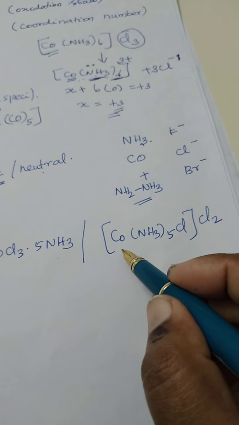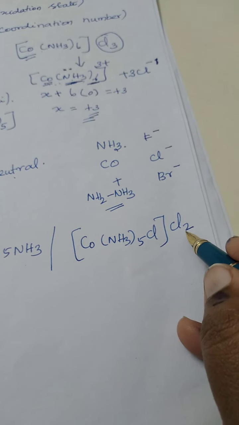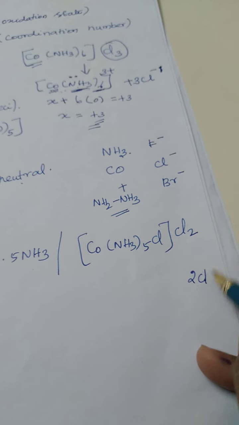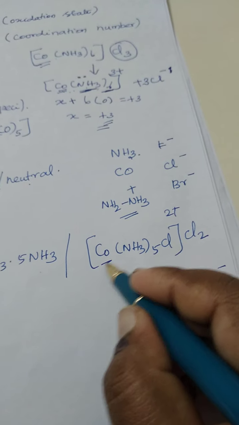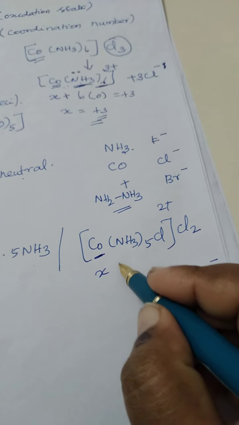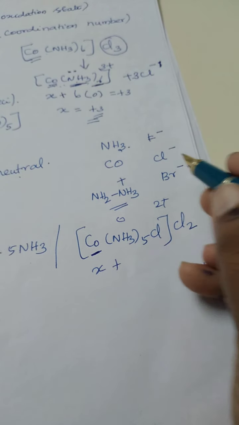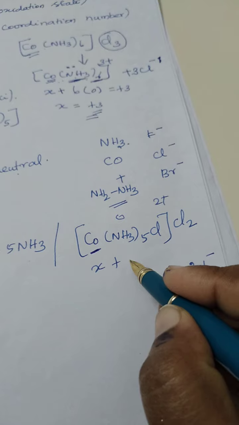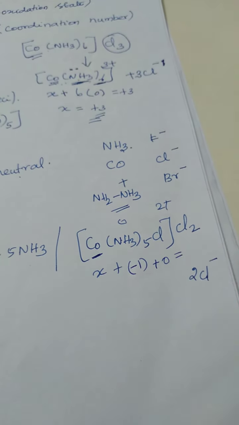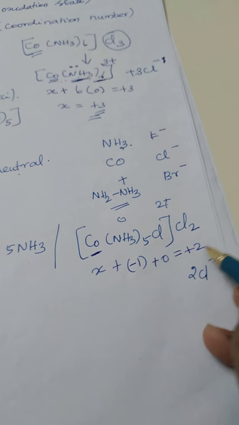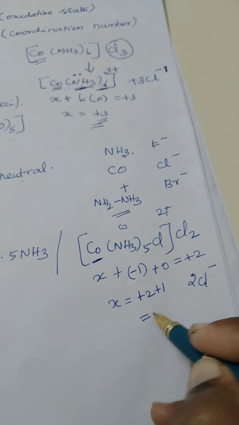If I ask you what is the primary valency of cobalt, you know, to ionize, how much chlorine is there? 2Cl minus. So if there is 2 minus, this becomes 2 plus. When this is 2 plus, you have to find out the X value. That is the primary valency, X plus. You know, this is a neutral ligand, 0, and chlorine is a negative ligand, Cl minus. So how many Cl are there? 1 Cl. So I am writing X minus 1 plus this 0 equal to the sum of the charges, plus 2. So now X is equal to plus 2, this minus 1 plus 1, equal to plus 3.